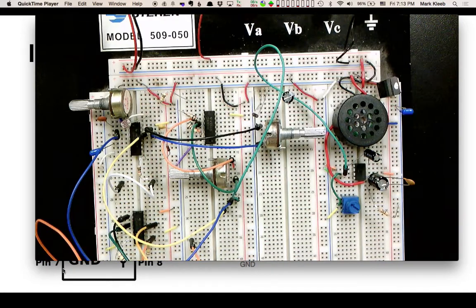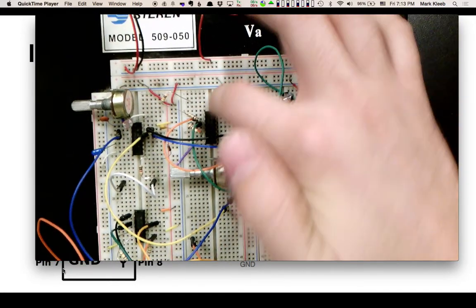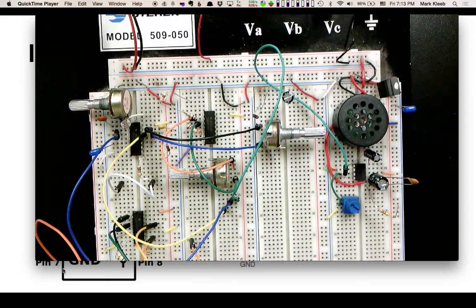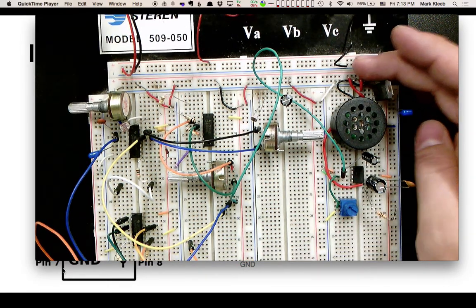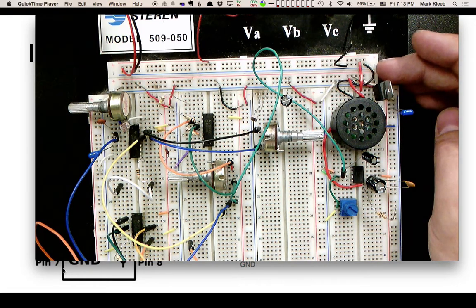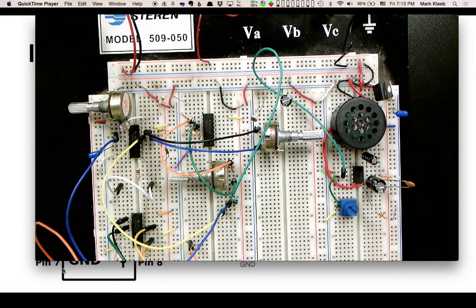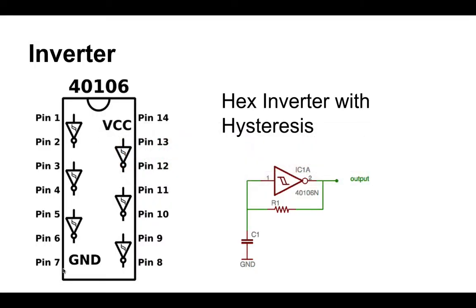So you can see power and ground go to every rail, so I can just patch in power and ground, 5 volts and 0 volts, to every chip. I like this setup because I can also get 9 volts out of the top if I ever need 9 volts. Cool. Okay, so